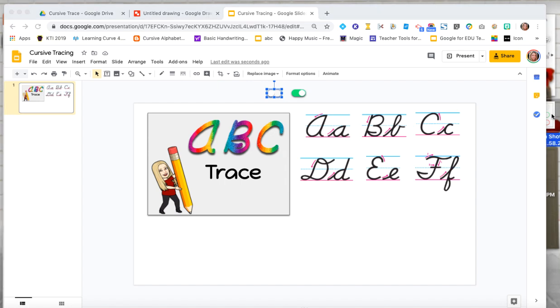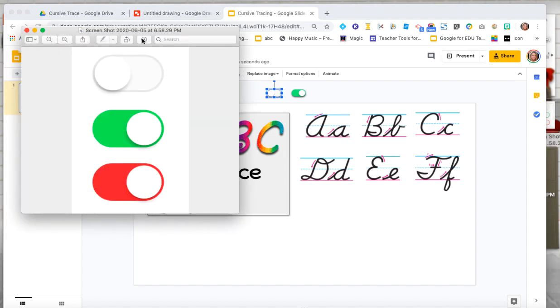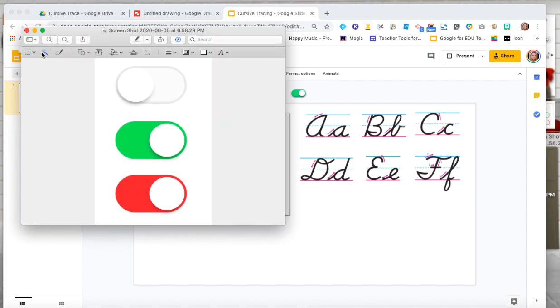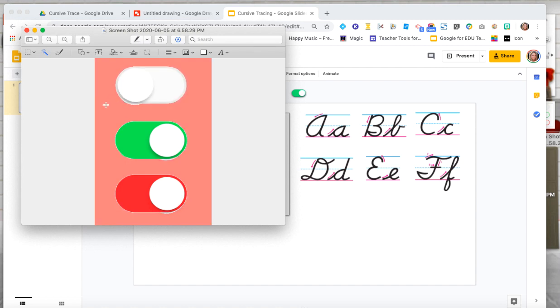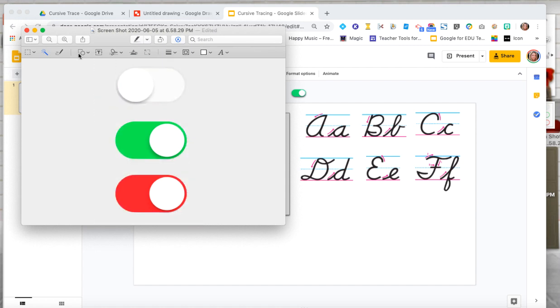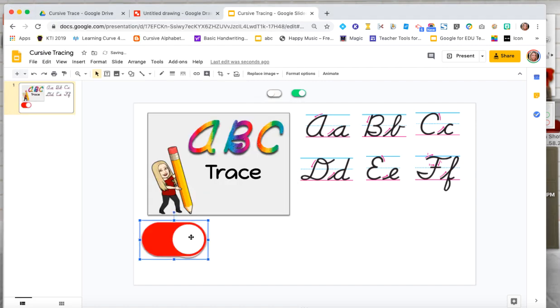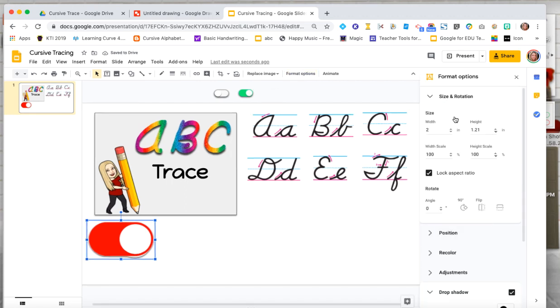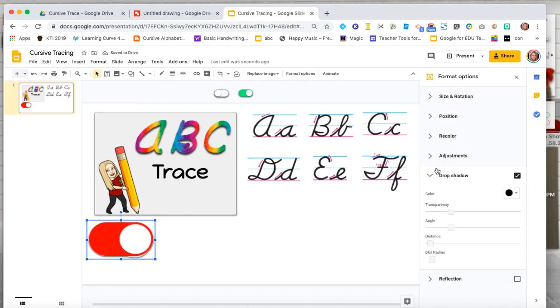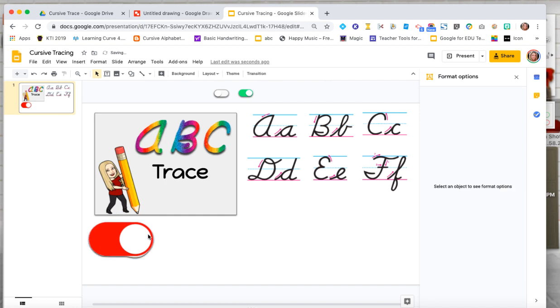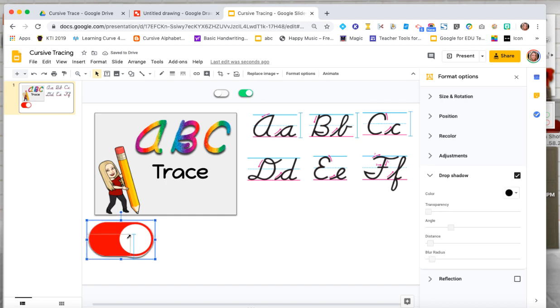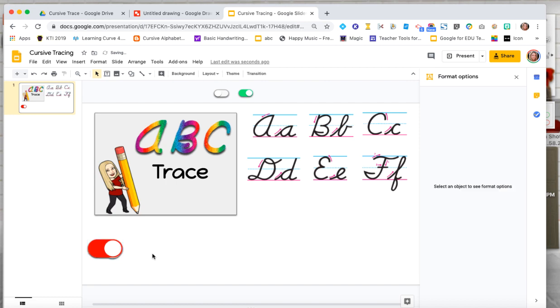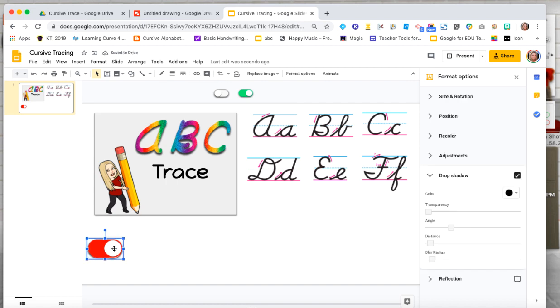I just did a little search for a toggle switch, and then in preview I used Instant Alpha to get rid of the background, and then when I copied and pasted them into Google Slides, I gave them a drop shadow because I like everything with a drop shadow. I like the way that it pops, and then I just changed that shadow to where I wanted it. All right, so